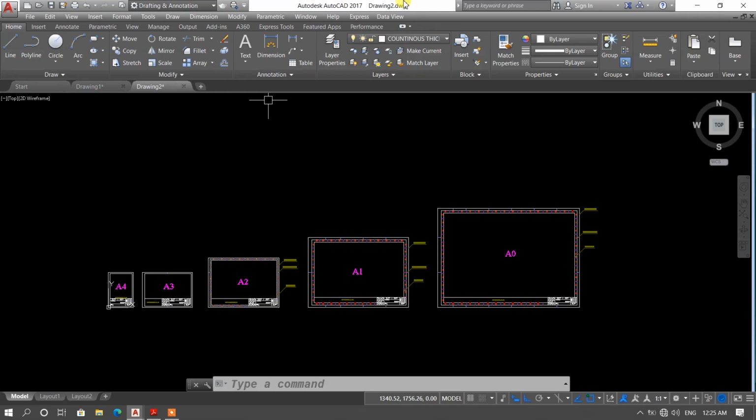Now let's take a look at software info. With the help of software info, you can see the working version of AutoCAD. With the help of Autodesk help window, you can study any commands in detail. The Autodesk 360 sign-in is just like a Google sign-in. You can save your created drawing files here and you can operate or download it from anywhere.